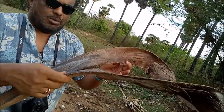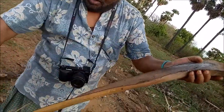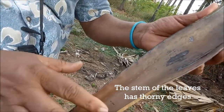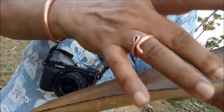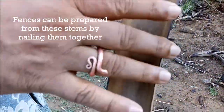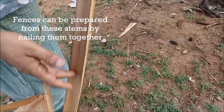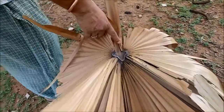Very robust. And also the stem where the leaf is, a lot of it is like a razor blade. See that? If you put your hand like this, it will cut you. Very, very sharp. And indeed, many times we have been cut and bleeding happens. And look at the sharp thing. And look how beautifully it is made at the top, like a trident, like a